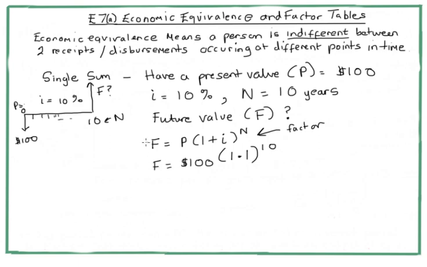So from your book, you will be able to find the relationship between F and P. F is equal to P multiplied by (1 plus I) to the N. We call (1 plus I) to the N the factor, and we're going to use factor tables to look that up. Another simple way to do that is to just use your calculator for these simple problems. So this question becomes F is equal to $100, our principal, multiplied by 1.1 to the power of 10. 1.1 to the power of 10, and I'll show you in the other video how to figure that out, is equal to